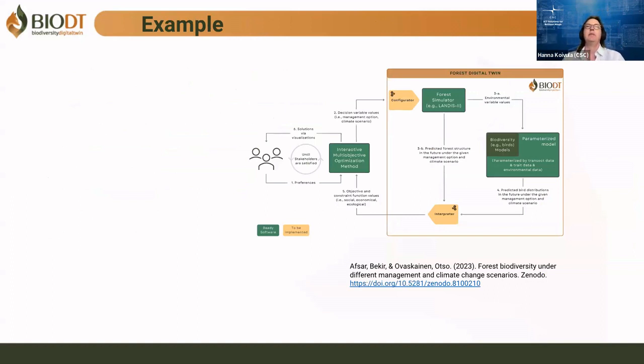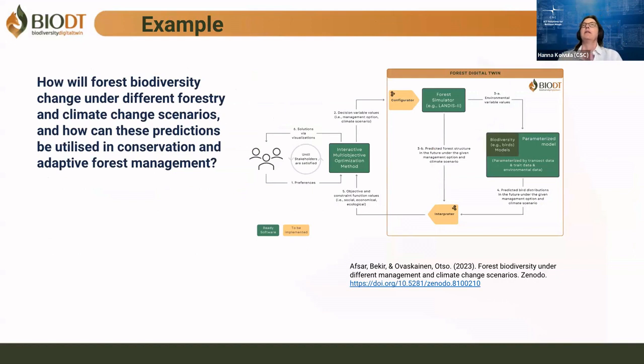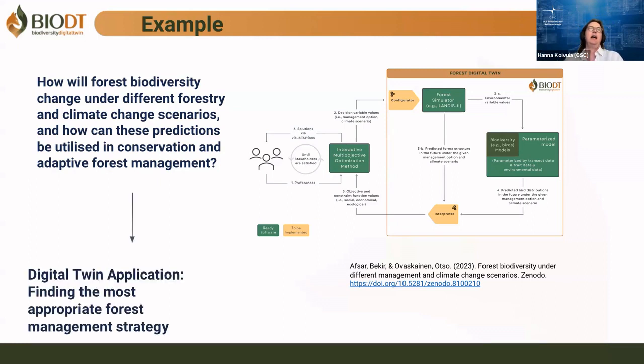So here is an example constructed by Bekir Asaf and Otso Ovaskainen about forest management and biodiversity. So they have been searching or combining data that would then be modeled and answering the question, how will forest biodiversity change under different forestry and climate change scenarios, and how can these predictions be utilized in conservation and adaptive forest management? And then the digital twin application should help in finding the most appropriate forest management strategy, optimizing these different viewpoints to the forest